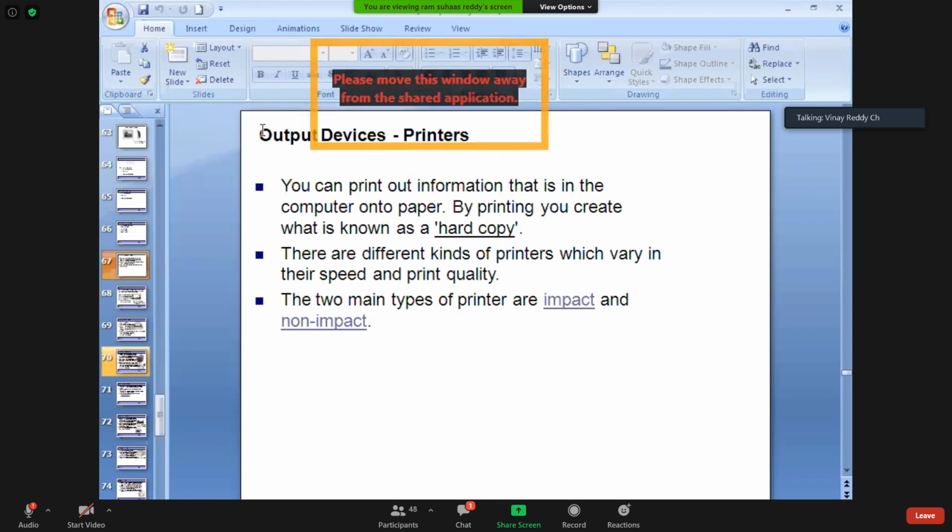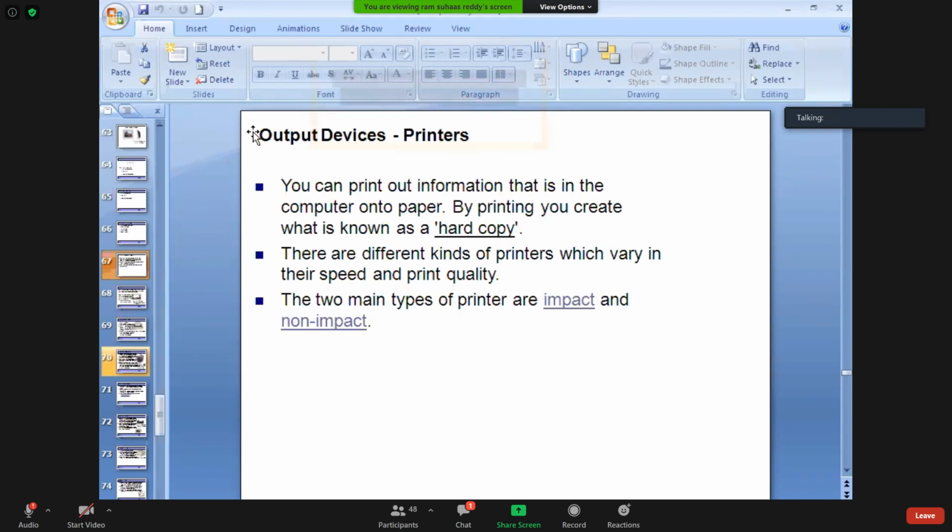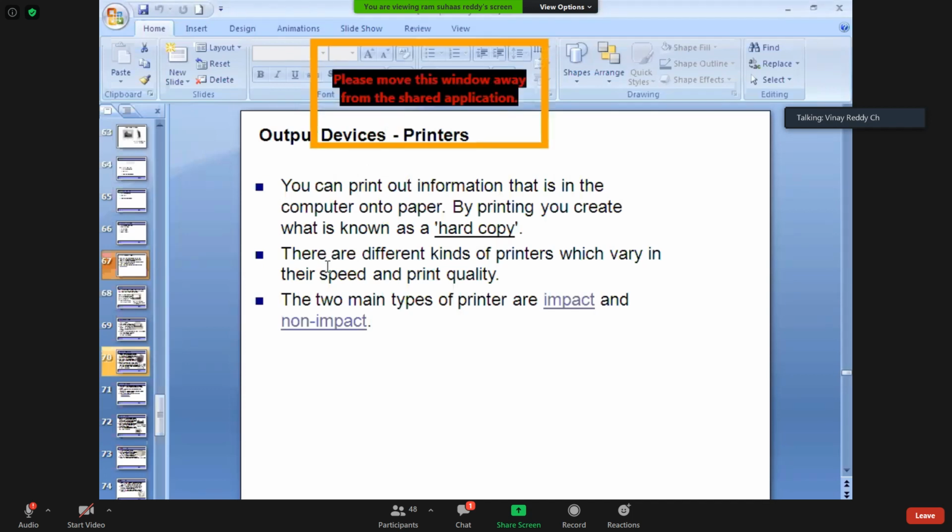Our CAD model is there. If the CAD model is created, we send it in STL format. What is the meaning of STL format? Yesterday I told you some formats: STEP file, IGS file, like that. STL is also one format. What is STL format? Standard tessellation language.